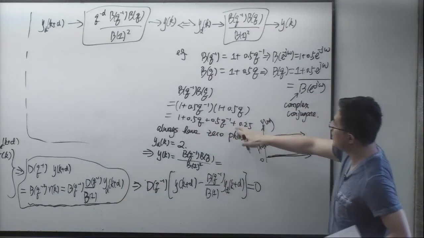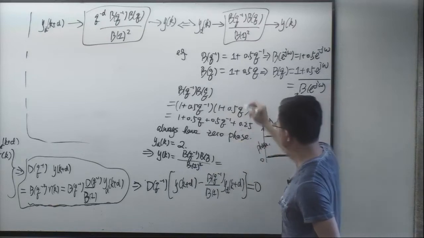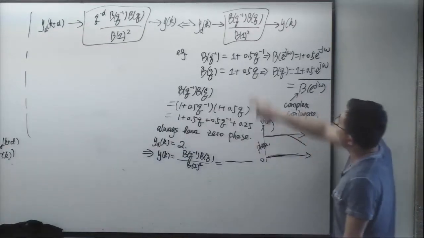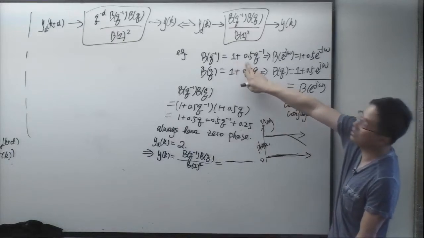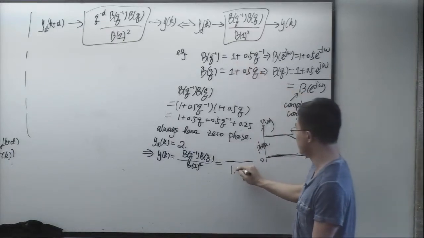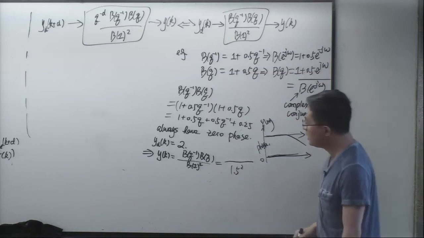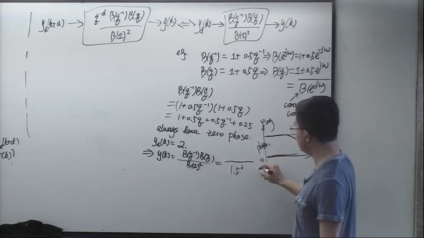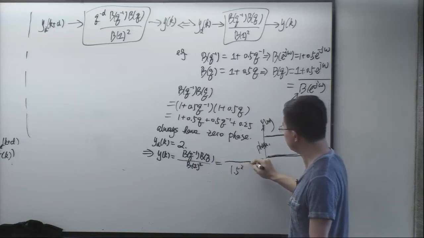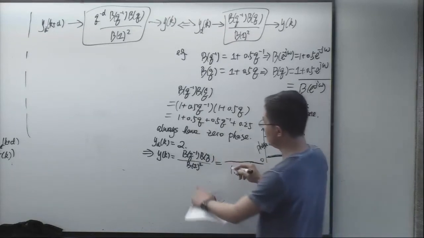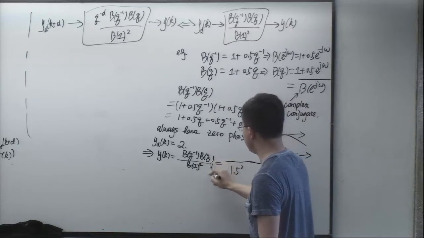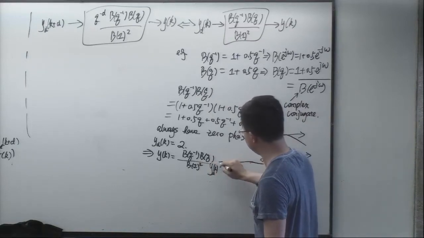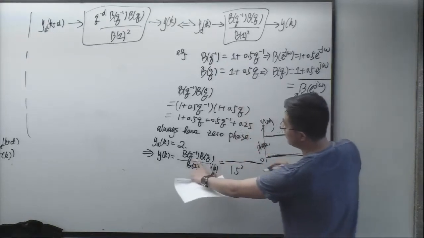And B1 is 1 plus 0.5, so it's 1.5 square. And then B Q inverse times B Q is going to give us, and this is Y D K, is going to give us